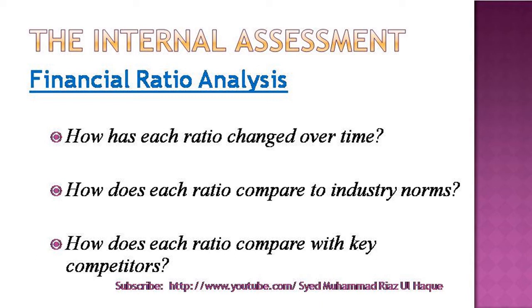Oftentimes, competition is more intense between several competitors in a given industry or location than across all rival firms in the industry. When this is true, financial ratio analysis should include comparison to those key competitors. For example, if a firm's profitability ratio is trending up over time and compares favorably to the industry average, but it is trending down relative to its leading competitors, there may be reason for concern. So here we can say that